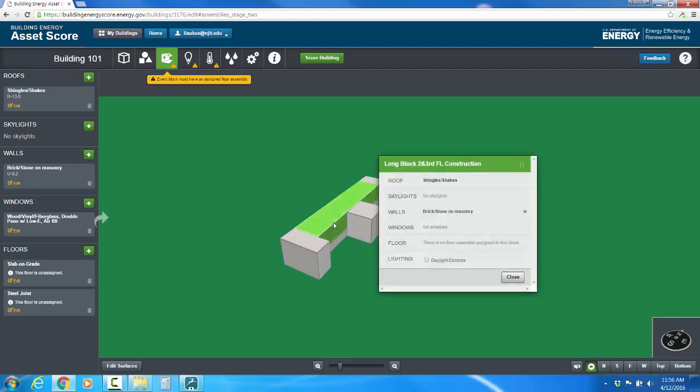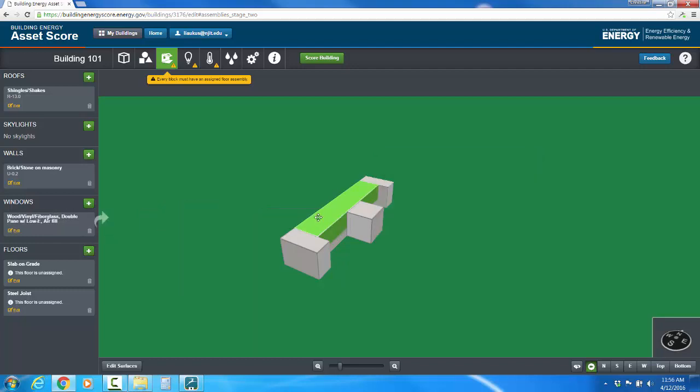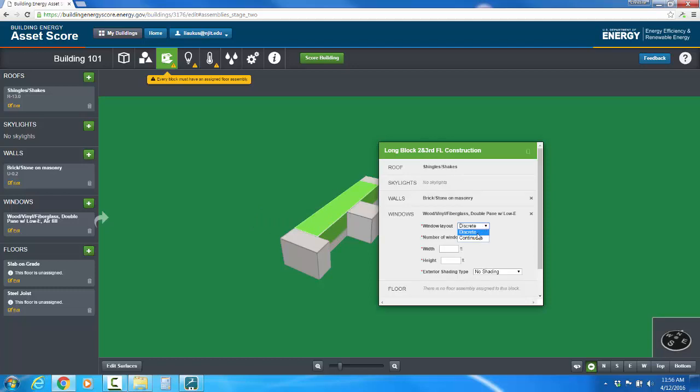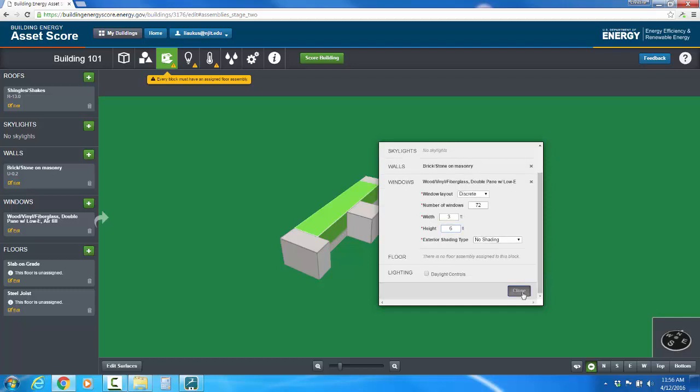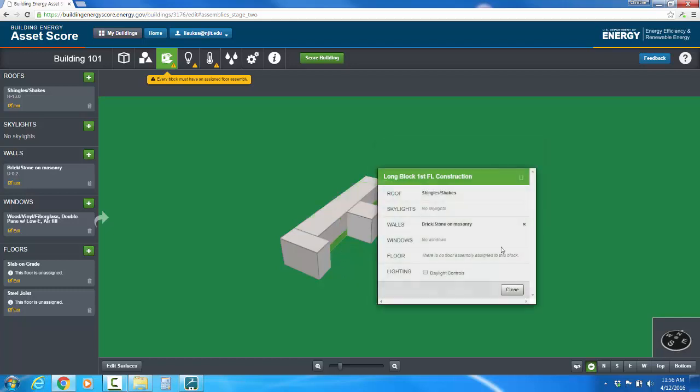Now we'll move to the long block, second and third floor. We haven't assigned the windows yet, so we'll drag the windows over to that block. And now we can specify that they are discrete windows. On this block we have 72 windows, and they're all the same size, 3 feet by 6 feet, and none of them have exterior shading. Got to bring the windows over to